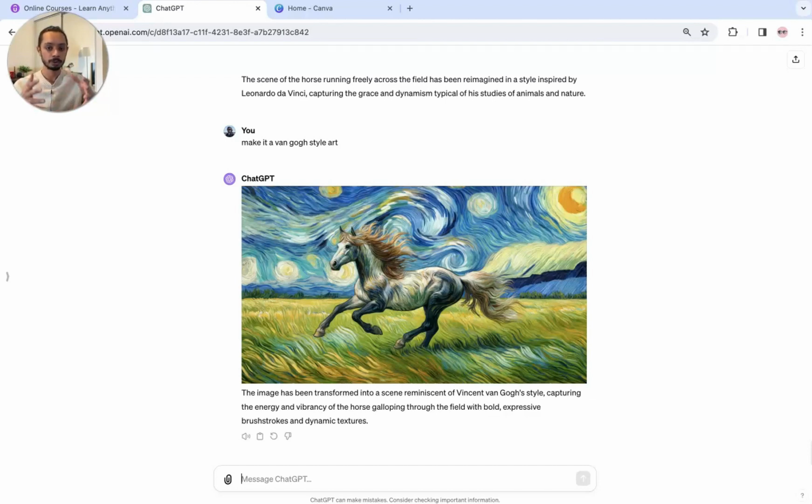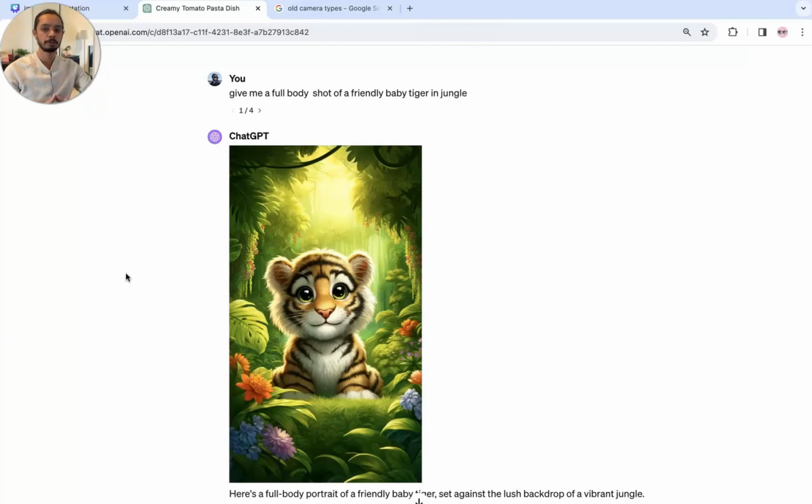Third, you can also assign different views. I can look at a city from a worm's eye view looking up, or I can look down from an eagle's view. So now let's try out the different combinations and see how we can integrate photography elements into our text prompts to make the most out of our images. Now to explore different camera angles, different types of cameras, and different viewpoints that we can use in our text prompts to change the image, I started with a very basic simple prompt saying, give me a full body shot